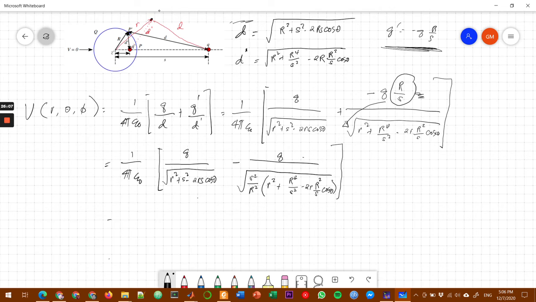Okay, and then we can now simplify this expression